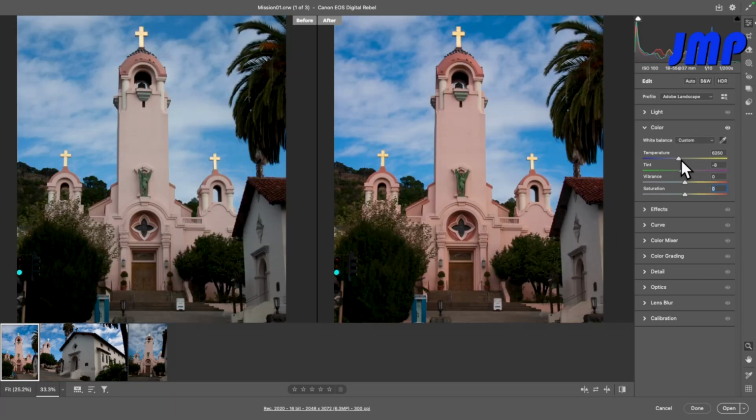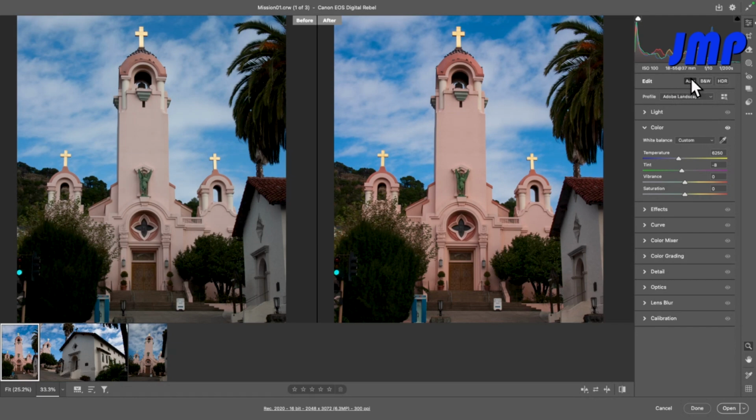Vibrance and saturation are kind of the same thing. Saturation raises the intensity of all the colors equally, whereas vibrance has a bigger effect on colors that are not quite there, not saturated enough. So vibrance brings everything up in concert with the most saturated thing, and saturation just raises everything. So we've made these changes, and now might be a good time, having decided visually how we like this or what we think it should look like,